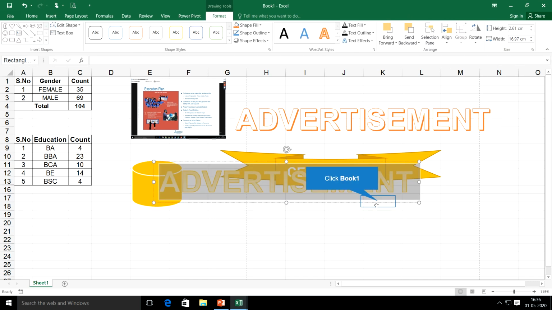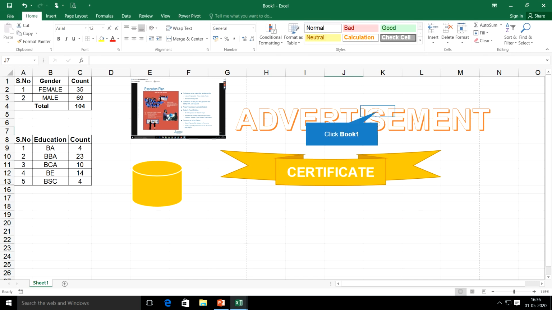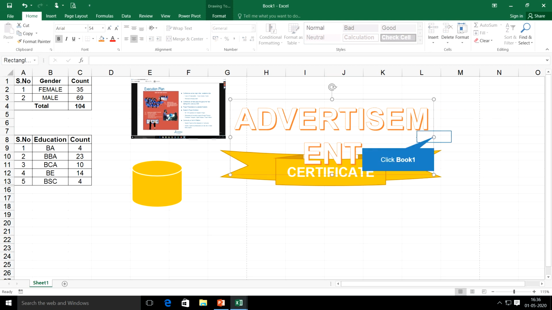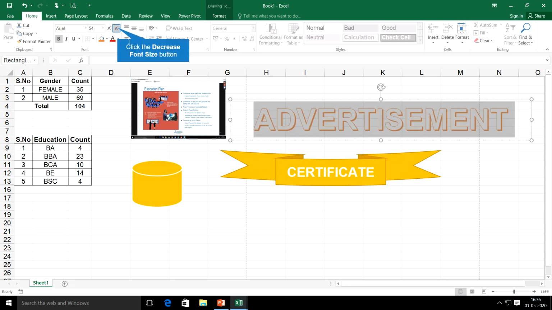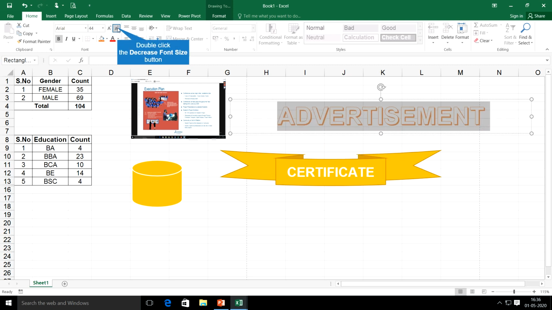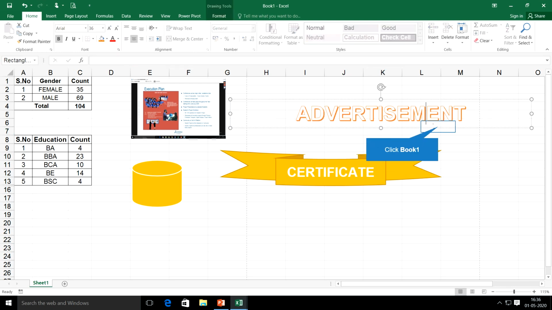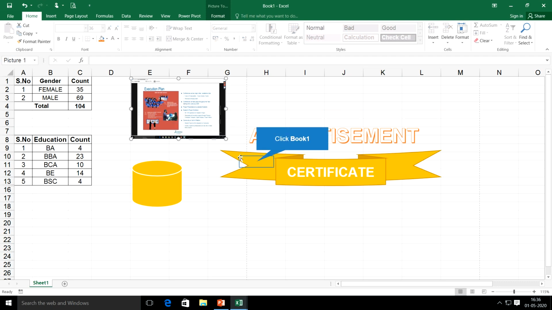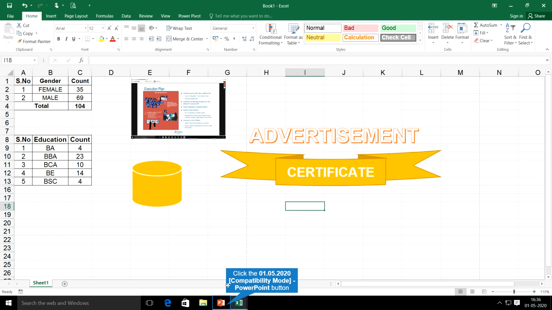See, these types of options are also available in Excel. This can again be resized to any size. Simply select the text, reduce the size of your font. This way I can insert a text box or an image or shape or whatever I would like to insert.